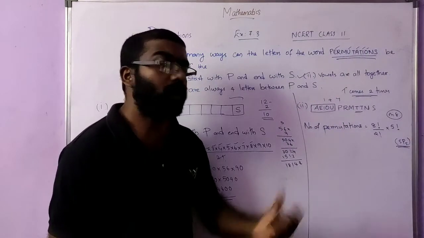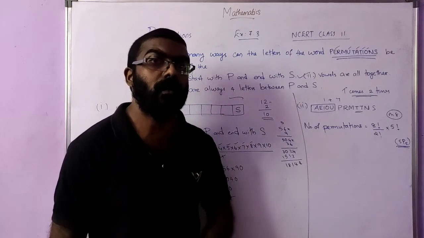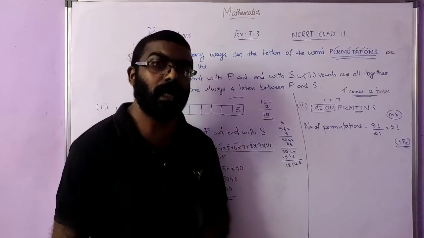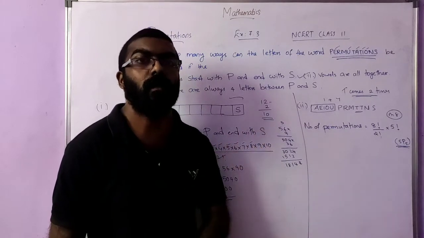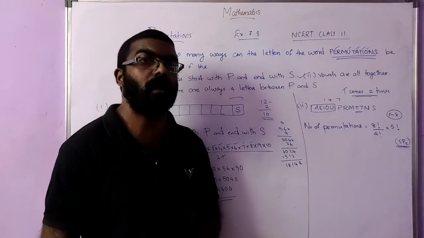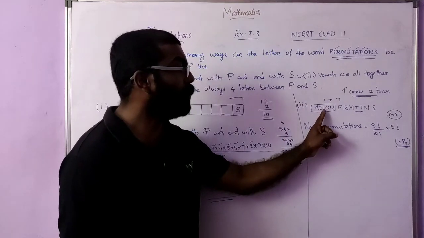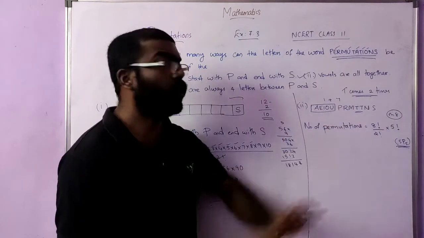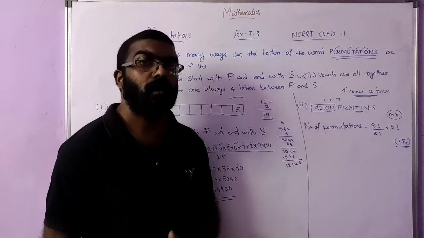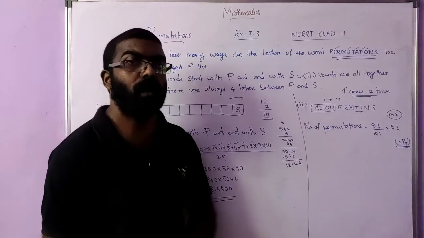But in the previous question, the block contained only one letter, I, 4 I's. So, if we write in any order, it remains the same, I. That's why we didn't multiply with any number. There is only one possibility we can have. But here, AEIOU, one of the possibilities is it can be started with the E, EAIOU, or UOIEA. Something like that. So that number we have to multiply. That is 5 factorial. 5P5.